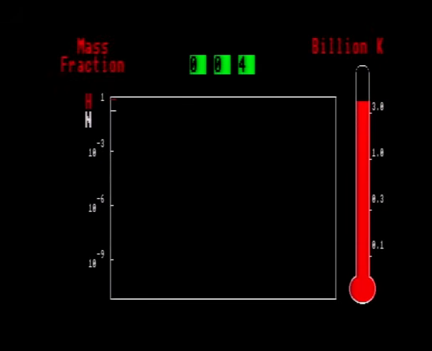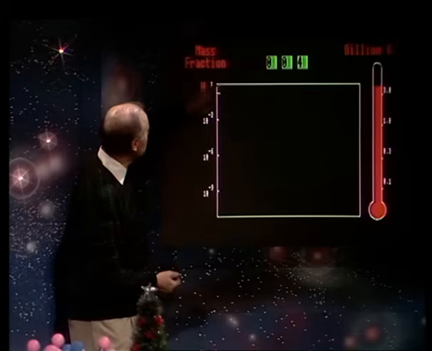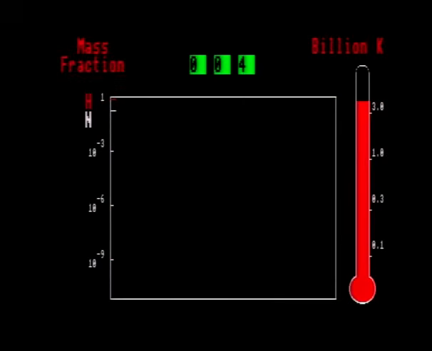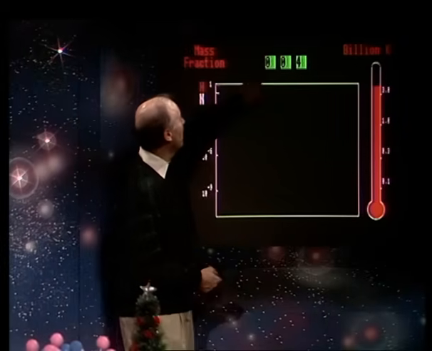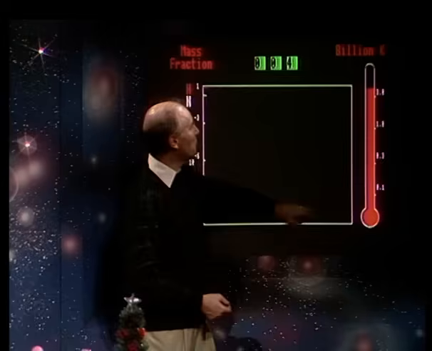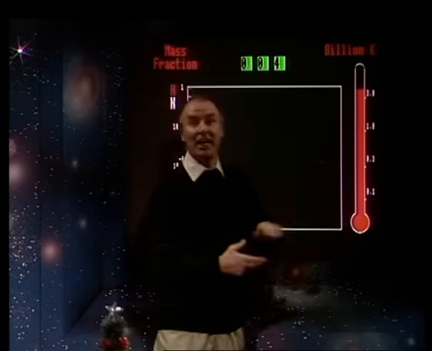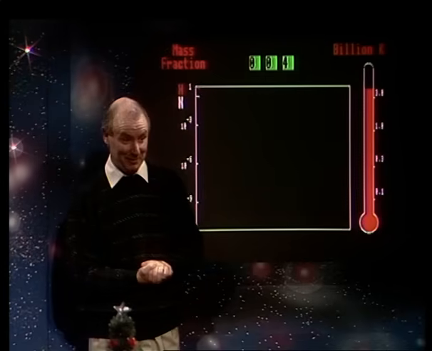That means the fraction by mass of different elements which are being cooked in the Big Bang. And it's a huge scale going from 1 here, 1,000th, 1 millionth, 1,000th millionth. And we've got here a clock measuring time in hours, minutes, and seconds. And we've also got a thermometer, which is keeping track of the temperature in billions of degrees Kelvin.